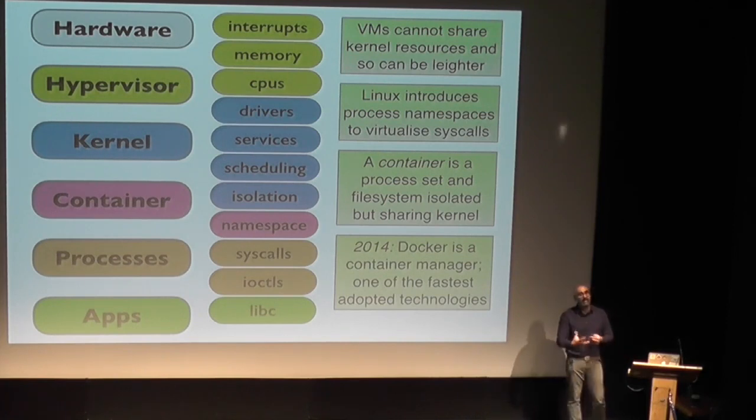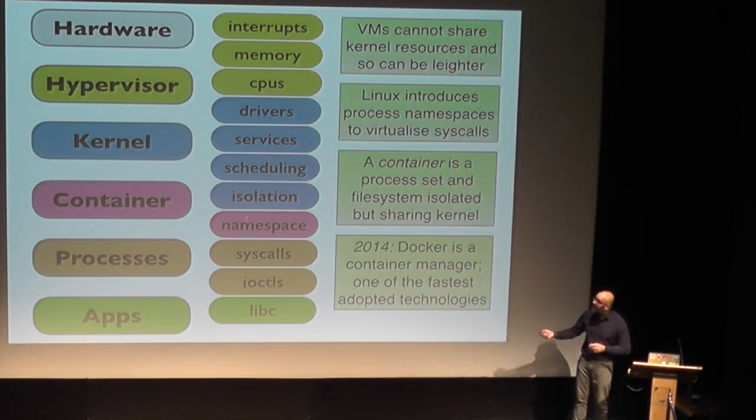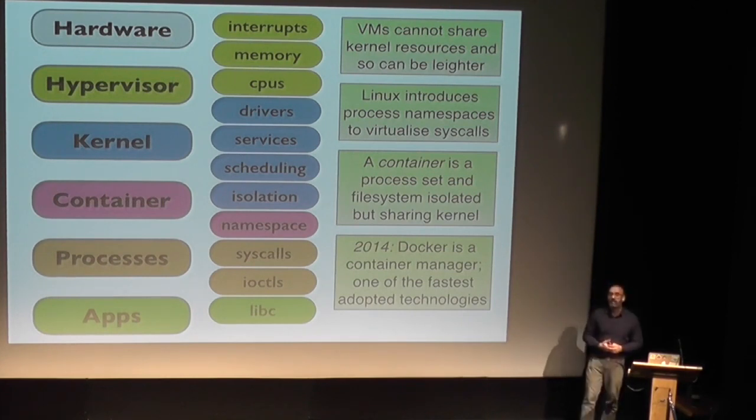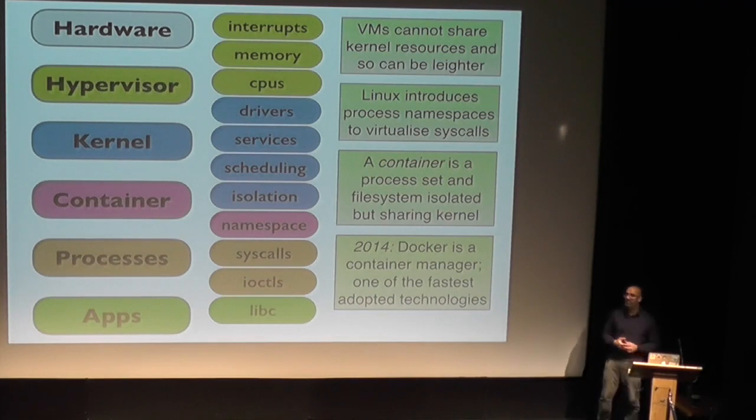And it lets you detach these namespaces so that you can say, I would like to run my web server inside its own domain where it cannot see any other processes running in the machine because they just don't exist inside its namespace. But behind the scenes, it's just a lightweight translation so that the kernel can then continue to do its work. So one of the big systems, known as Docker, is a container manager, launched in 2014, and it's one of the fastest growing technologies on the planet in terms of adoption in data centers and IT. I think it was funded officially in 2013, but the growth is just insane. It's just billions and billions of accesses to the central repository.